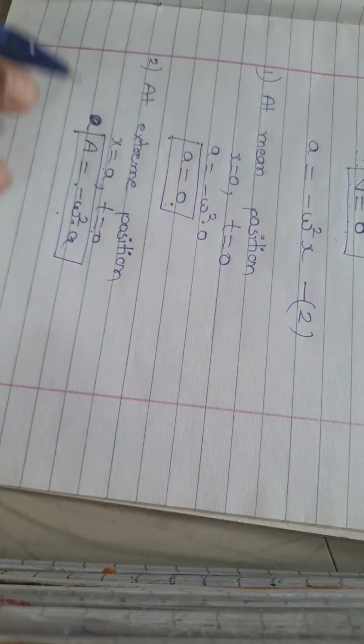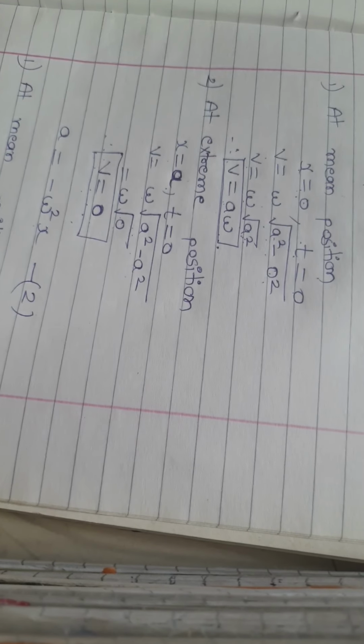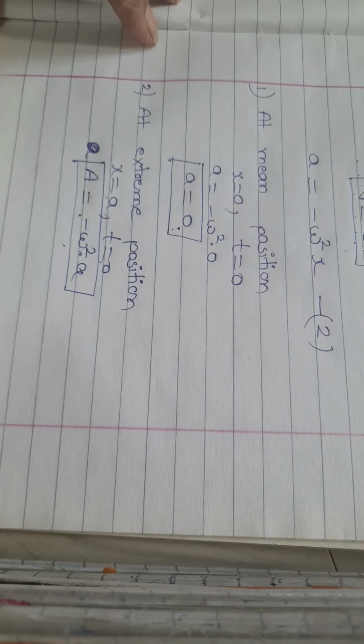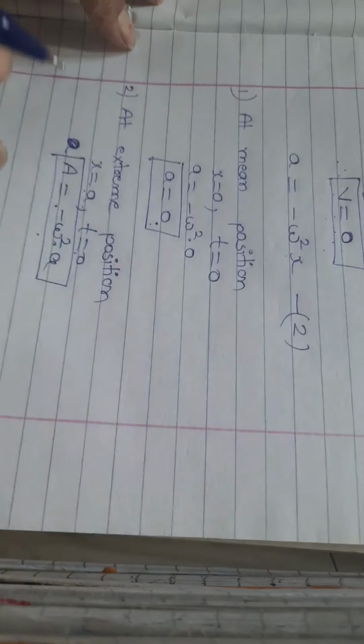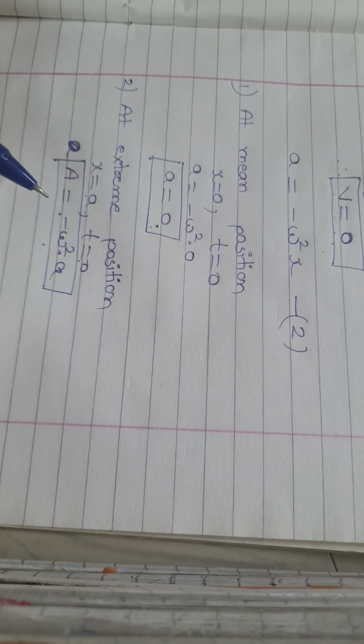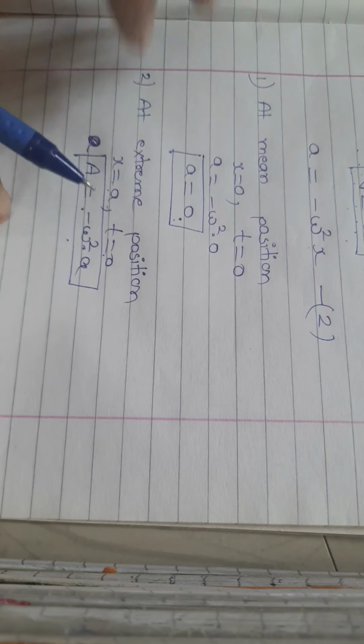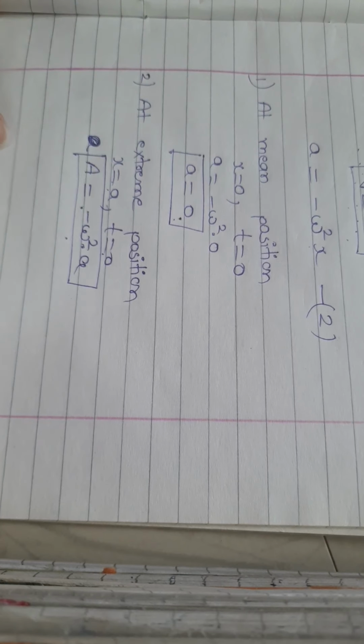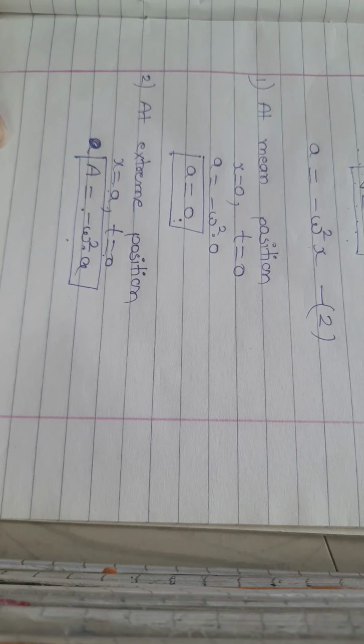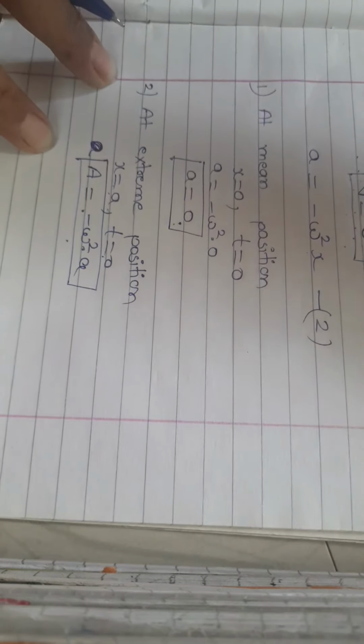Okay, these are the values of velocity, acceleration and displacement at mean position and extreme position. These are the maximum and minimum values. Later, when we discuss different things, we are directly assuming these by considering that we know that. Okay, now the main and important derivation of this chapter, quite hard but not so difficult.